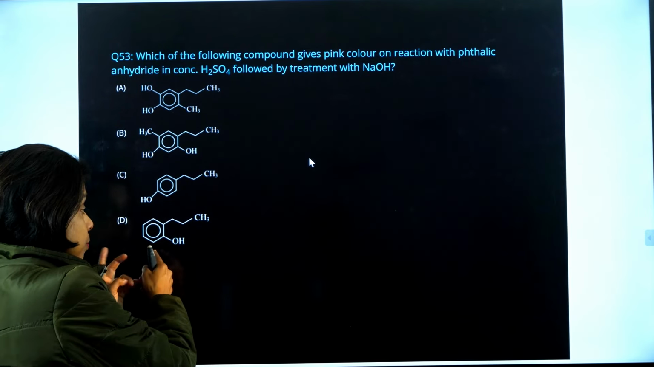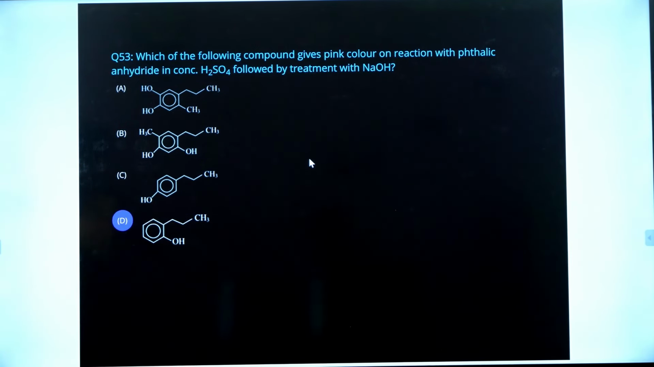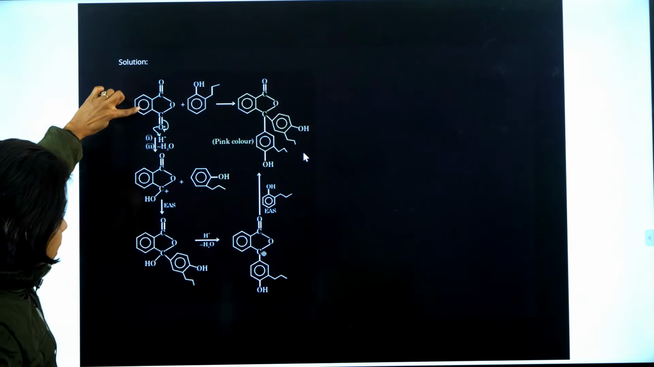So the position has to be empty. The para position has to be vacant, right? So let me show you the mechanism. This is my anhydride, and because we added H2SO4, H positive will attack, resulting in the formation of this